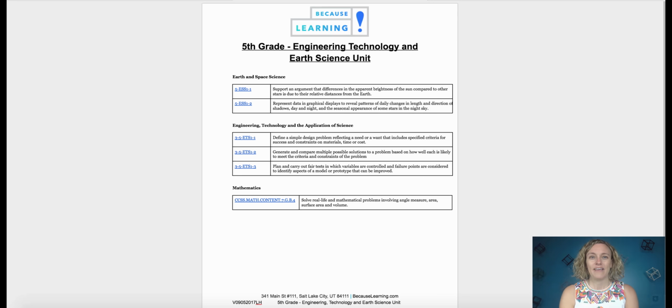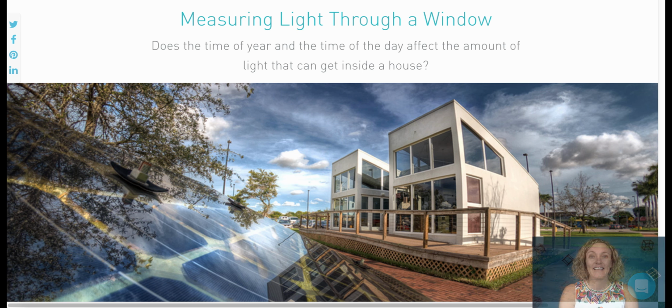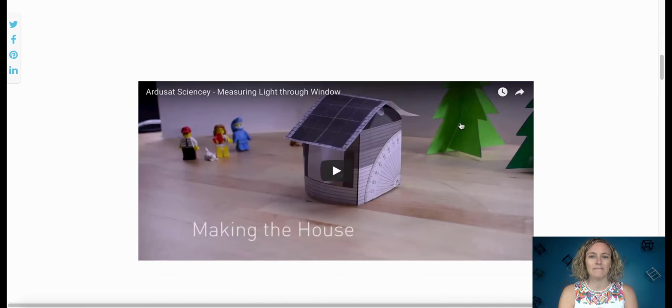I'm here to give you a brief introduction to our 5th grade Engineering Technology and Earth Science unit. Let's get started. Our 5th grade Engineering Technology and Earth Science unit comes aligned to the NGSS standards. This unit is aligned with Earth and Space Science, Engineering Technology and the Application of Science, as well as some Common Core mathematics. The NGSS standards can be found by scrolling to the bottom of a lesson and clicking on